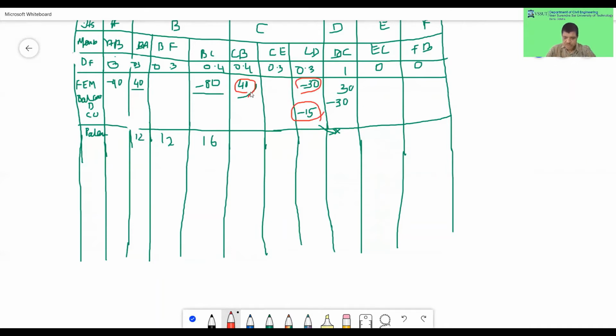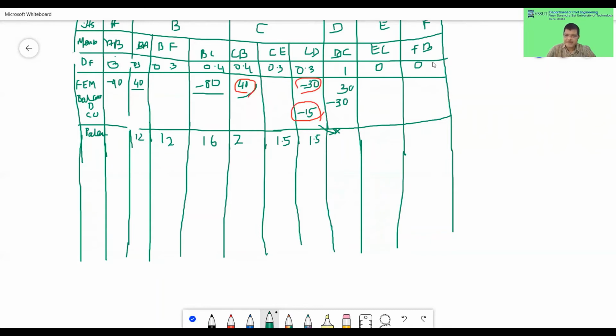Right. So it is minus 5, accordingly you have to now put the values distributed here, plus 5. So 40 minus 45 means minus 5. You have the plus 5. So plus 5 into 0.4, that value will come here. So let us see, it is 2 here. It will be 1.5 here. It will be 1.5. And there is nothing else to balance because here already we have made 0. Nothing will come from this side because the joint is already balanced.